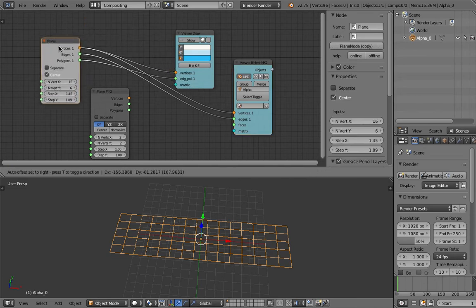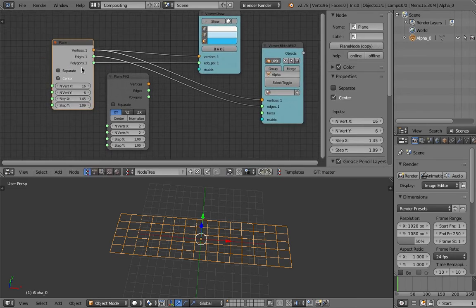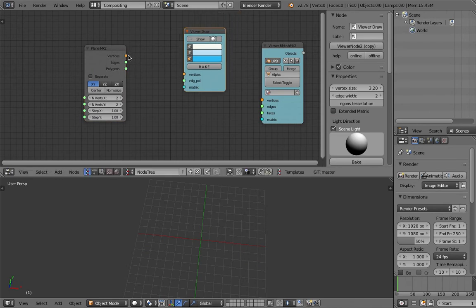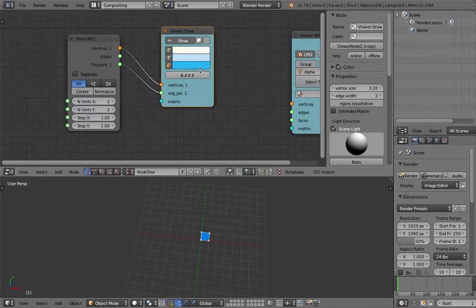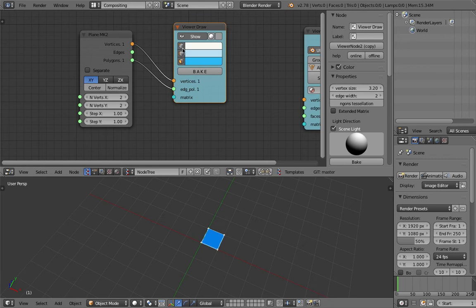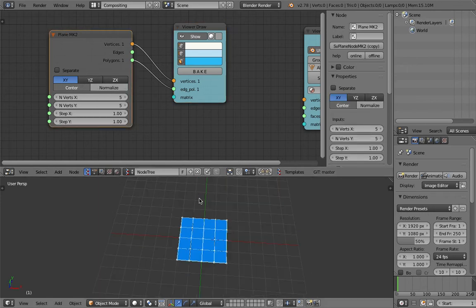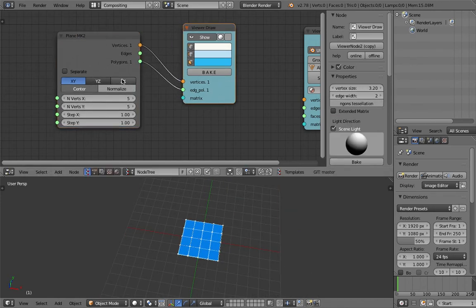Now, this is the old plane node, but like I said, there's also this option called separate. I'll explain it in the Plane MK2. So now let's switch to Plane MK2. This is the updated version by one of the Sverchok developers, and you can use the viewer draw, of course, and then you can view the vertices, the edges, and the faces, and you can play around with the parameters. This can also center itself, but in this case we get more options, like to